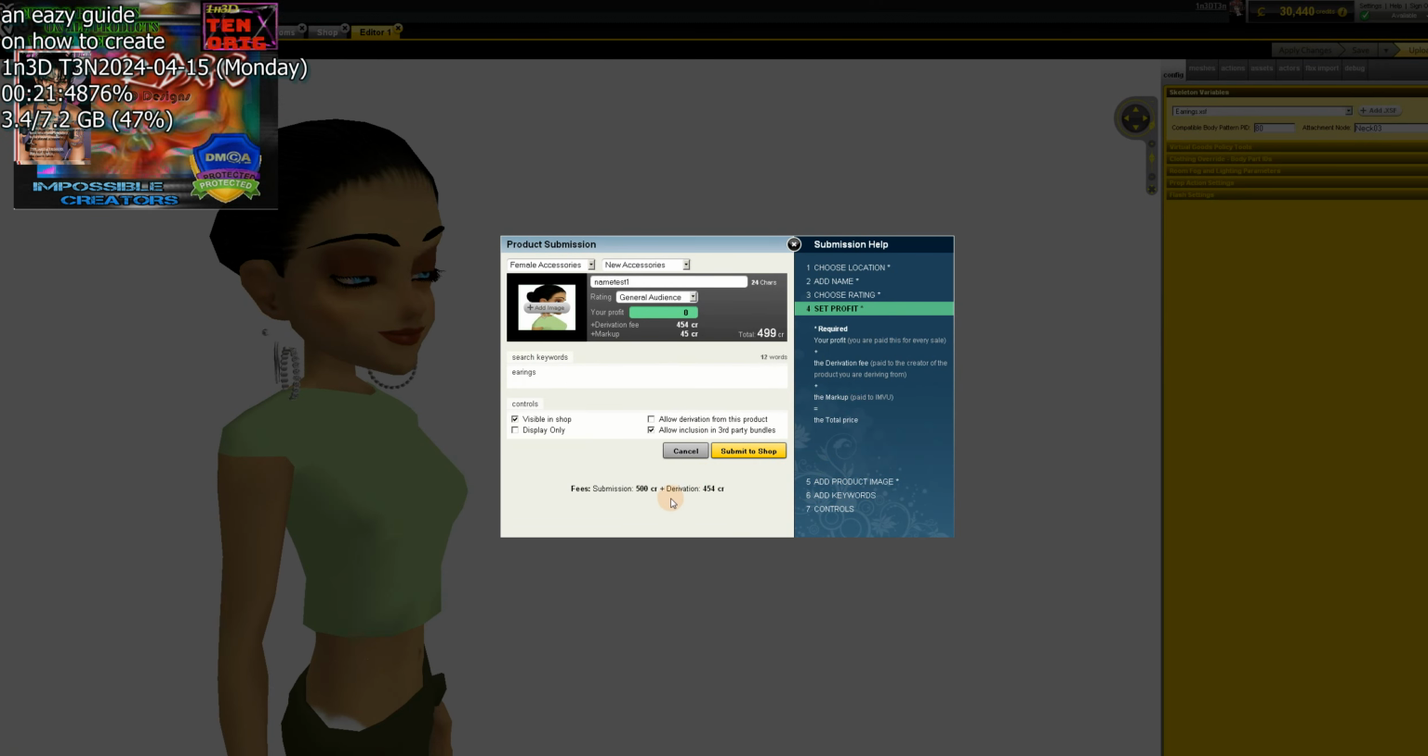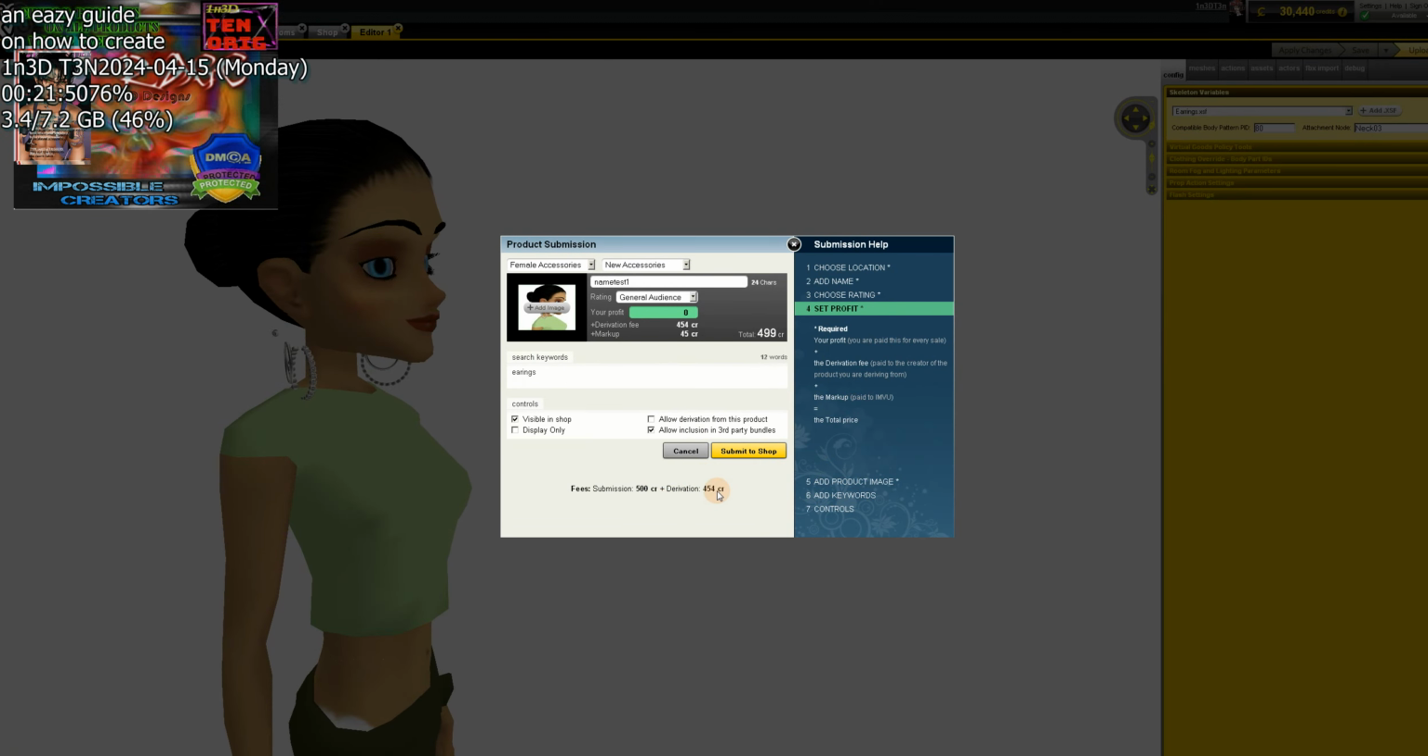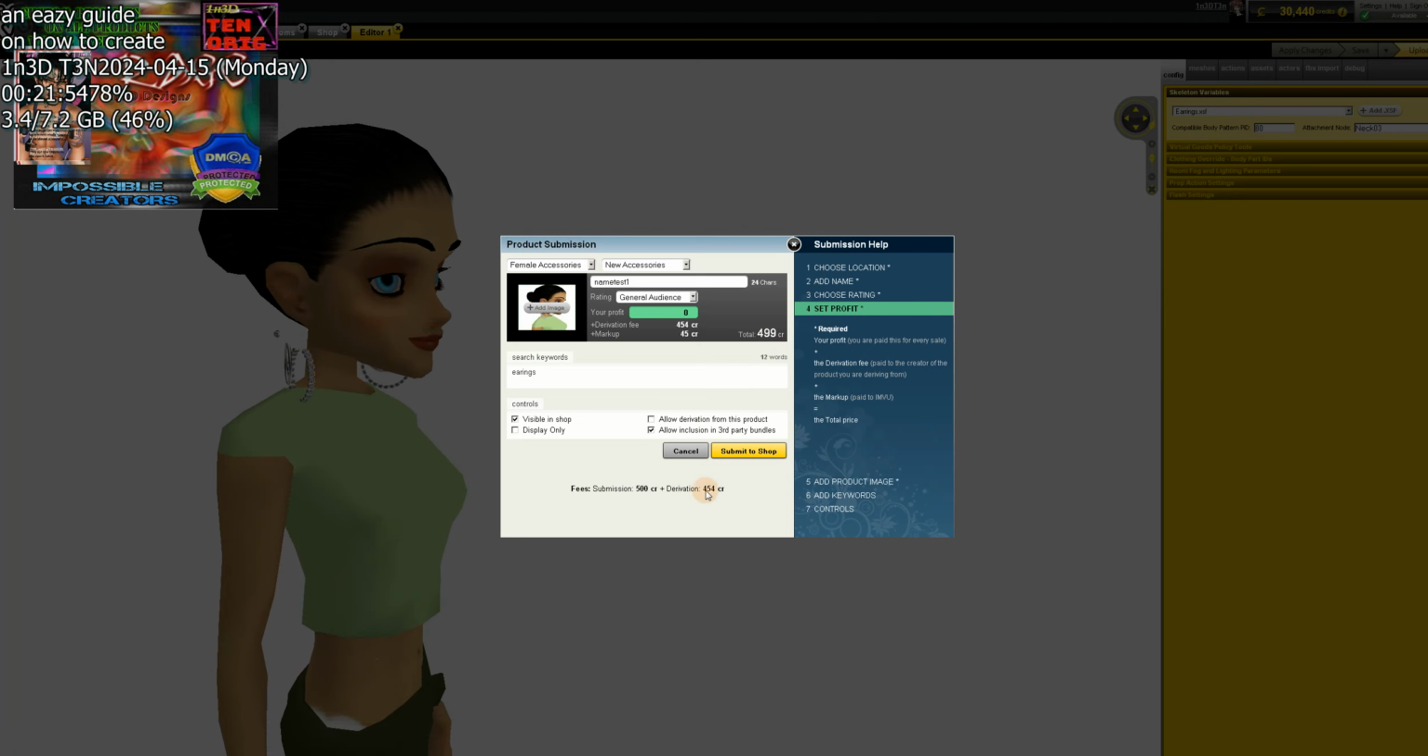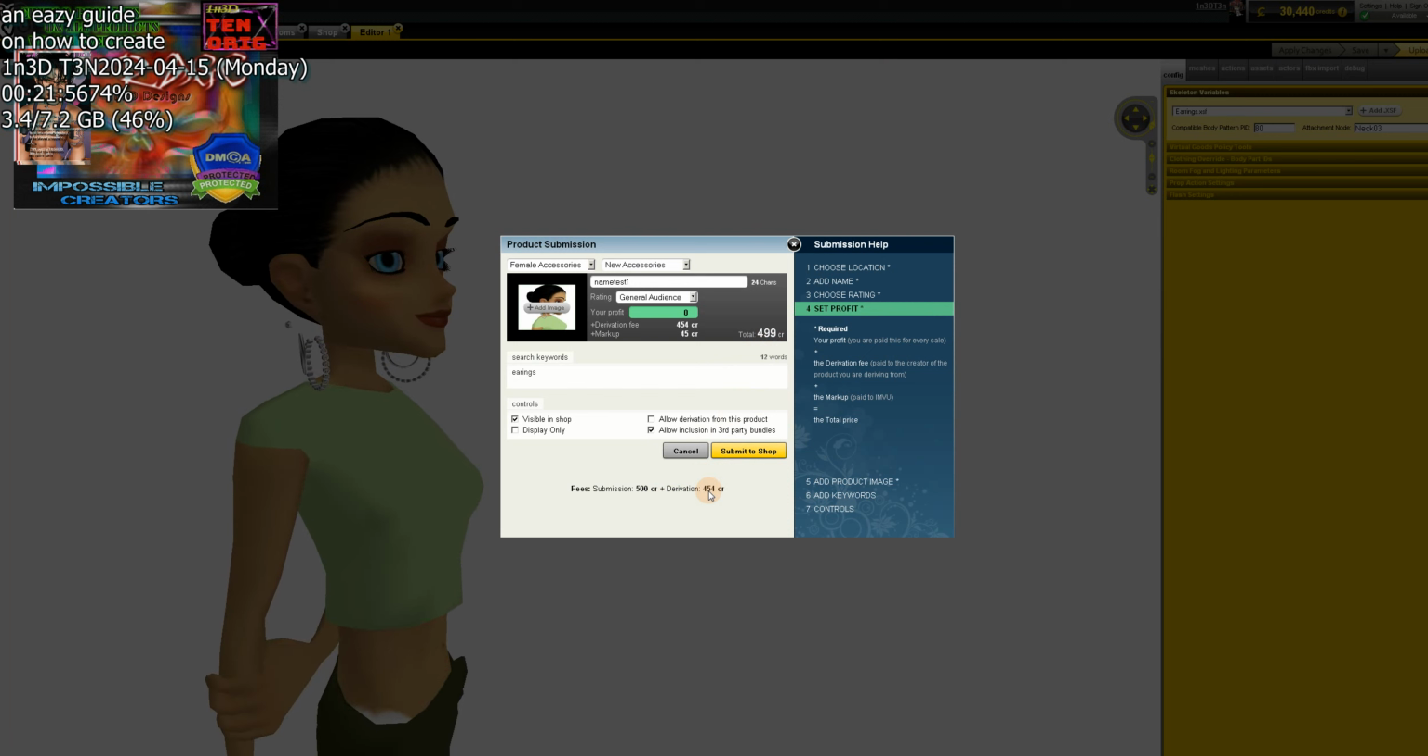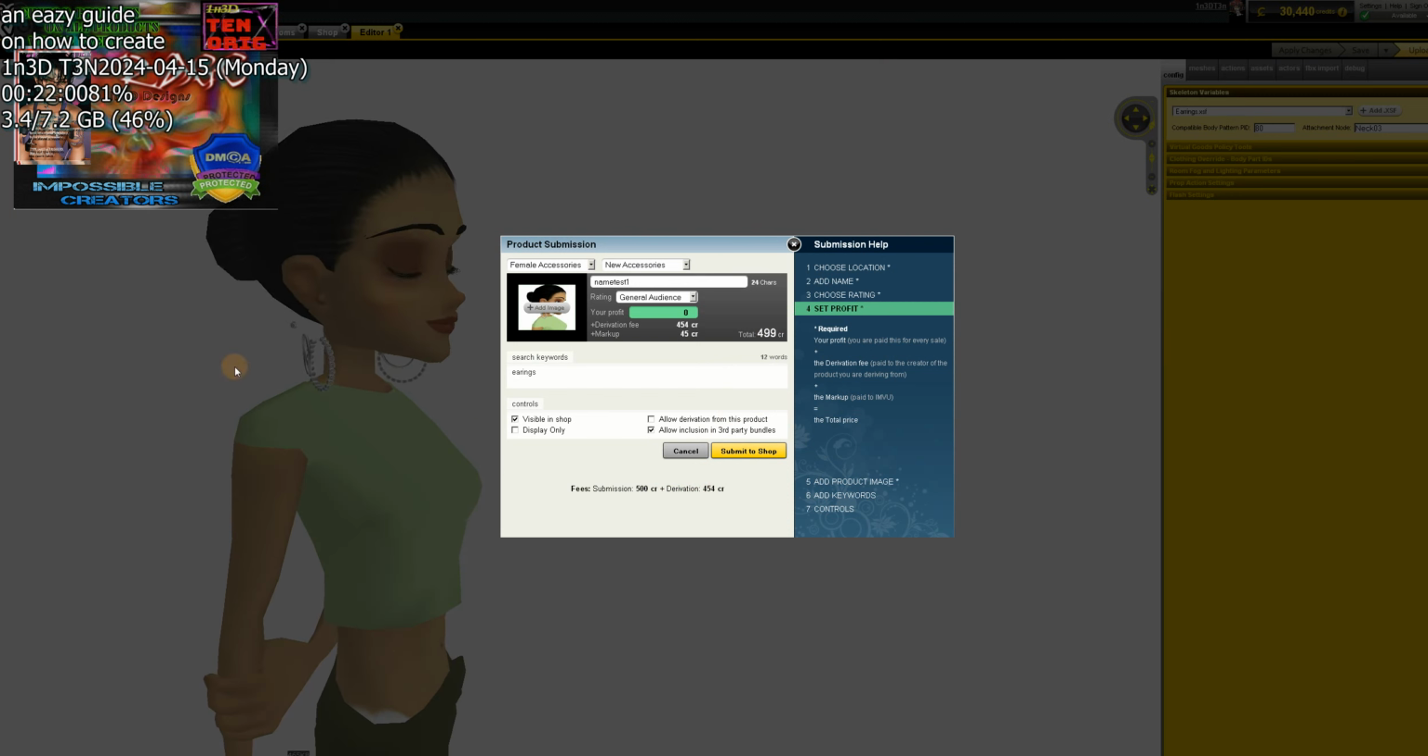What's it called? The derivation. What is the derivation? Derivation means you're paying like 400 and how much is it? 454 credits, because I use this person's patent, essentially, to derive off them. Well,